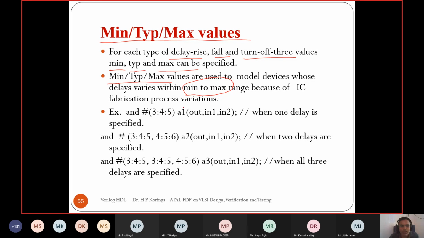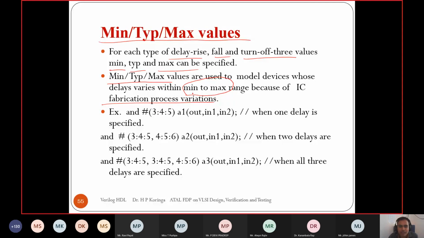In fabrication, this is required to be incorporated in the RTL design, because once we fabricate, there is some variation in delay, variation in the routing, and variation in the technology used. So there is some variation in delay.